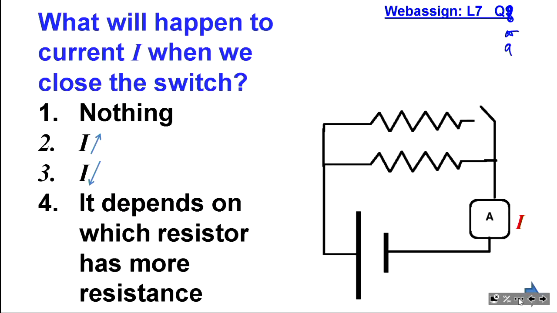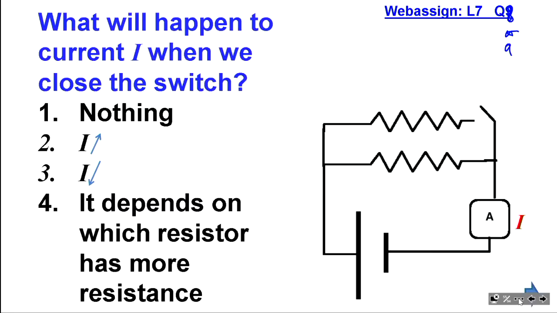I have a power to figure out. So, what will happen to this electric current after we close the switch? First, we can do it mathematically. Second, we can do it physically, and I prefer physically. But to do that, I have to